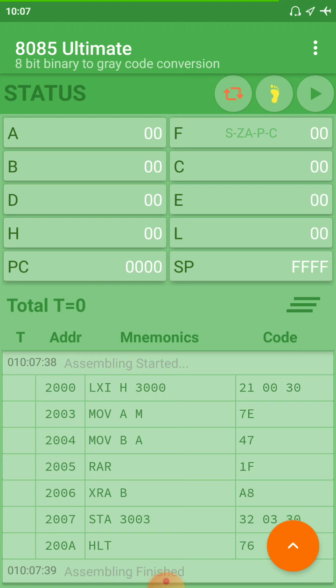Your first instruction is a 3 byte instruction, then move memory content to accumulator is a 1 byte instruction, and move accumulator contents to register B, again a 1 byte instruction, and RAR 1 byte instruction, XRA B again 1 byte instruction, and store accumulator content to 3003. This is a 3 byte instruction. And halt, obviously 76 is its opcode and it's a 1 byte instruction. So assembly is finished.